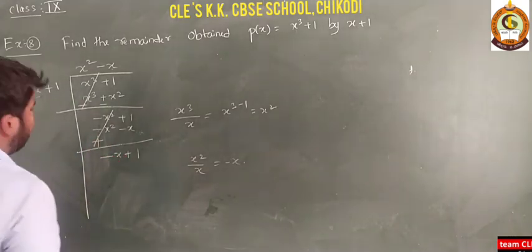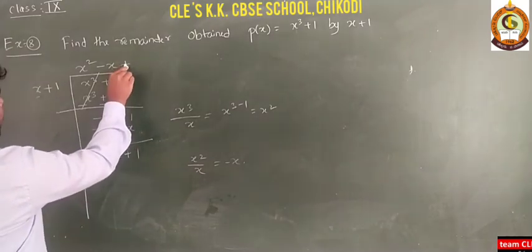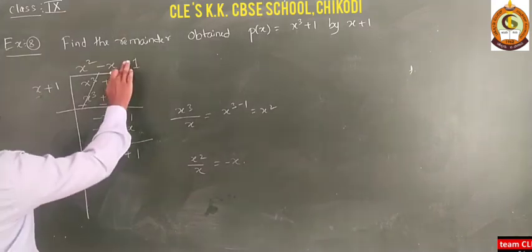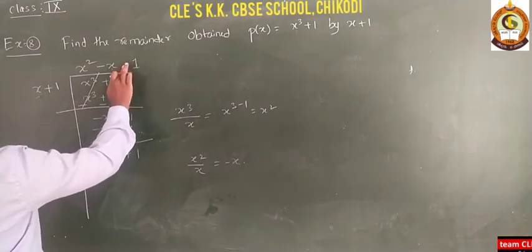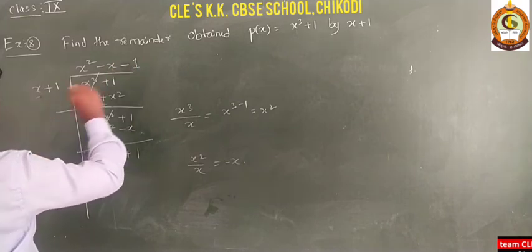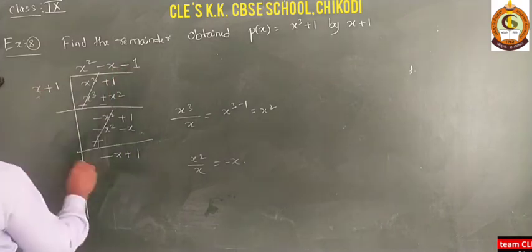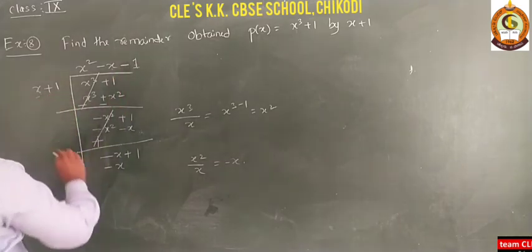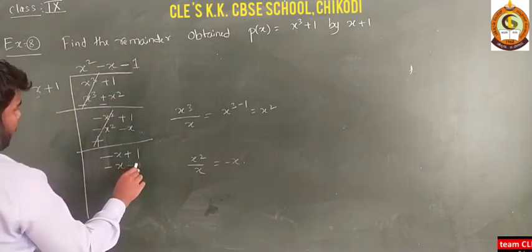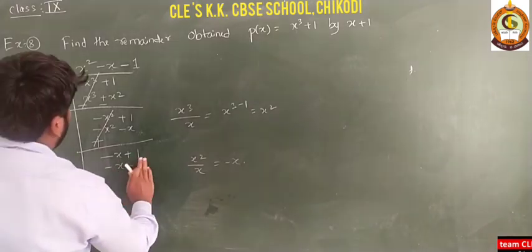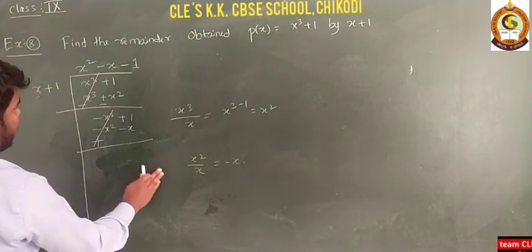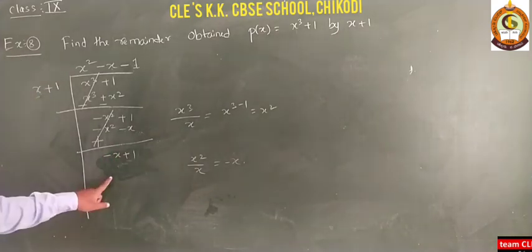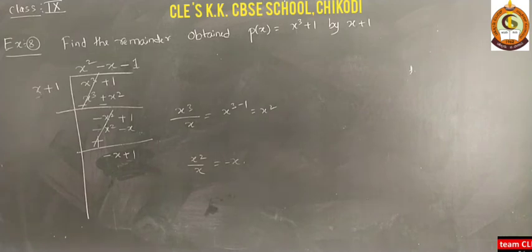Okay dear students, now you have to use plus 1. Plus 1 into x is plus x, so they have to use minus 1. If you take minus only, then I am getting the right thing. So I will use minus 1. So minus 1 into x is minus x, and again minus 1 into 1 is minus 1. So see here dear students, just verify using this one. Here you are getting minus x and plus 1. Okay dear students, now this is minus x and plus 1.